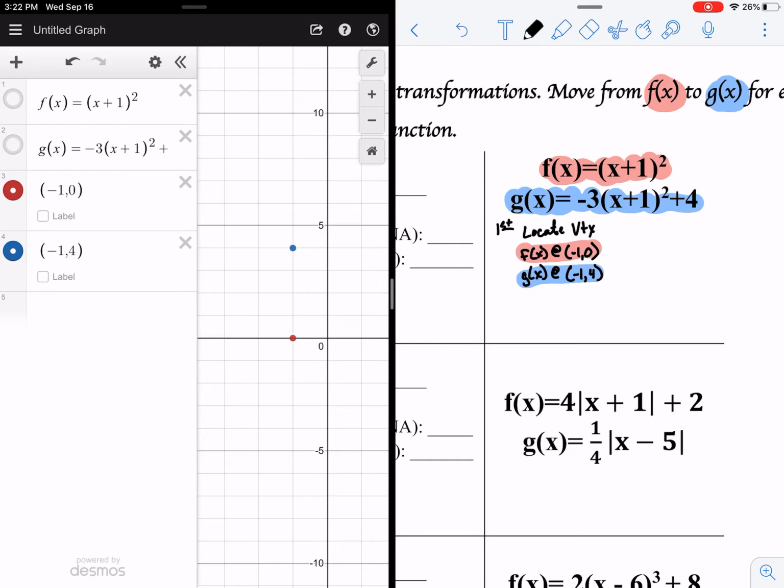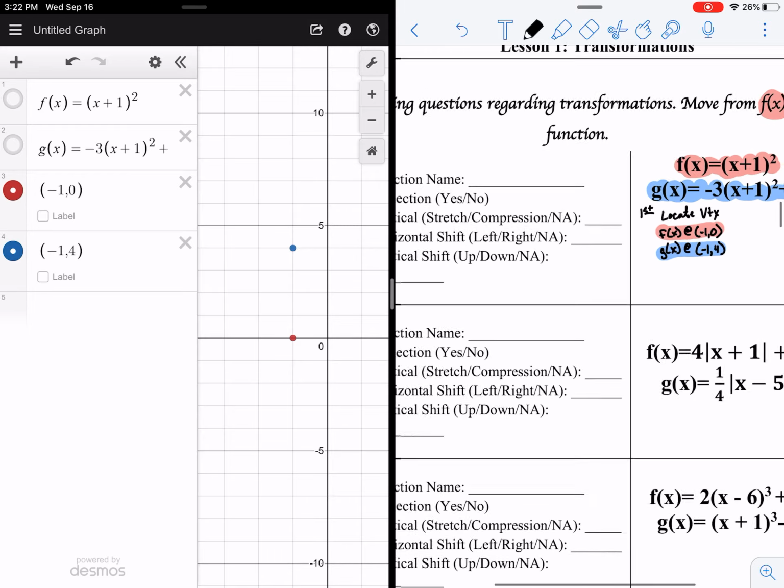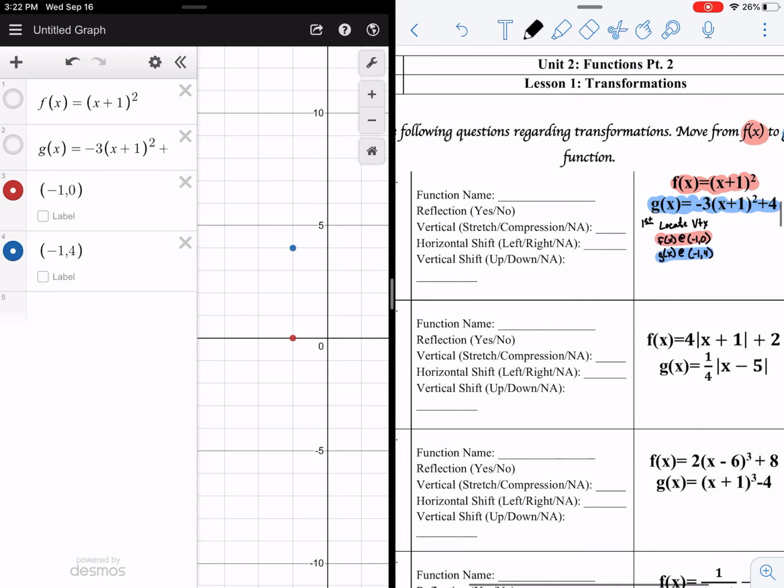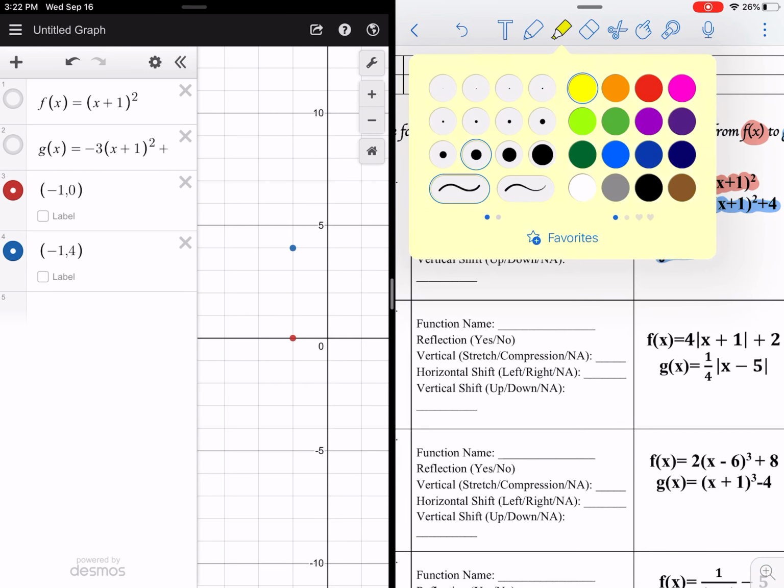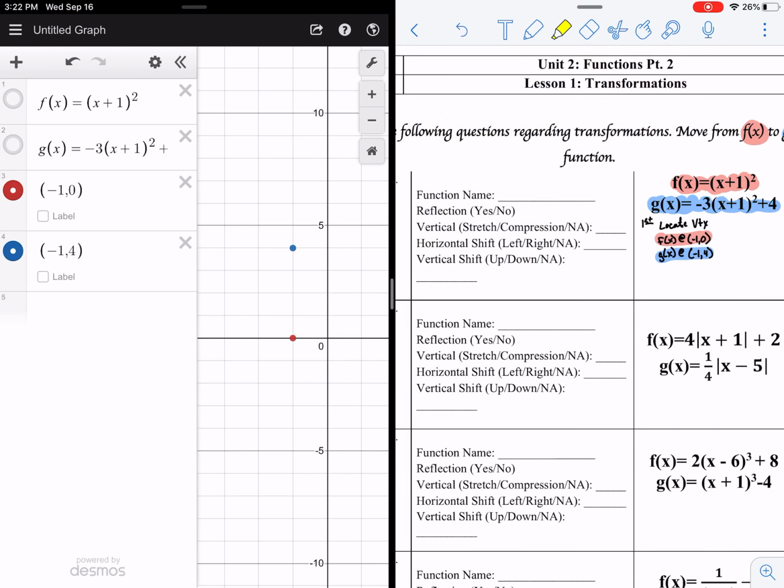So I don't go left, I don't go right. So horizontal shift did not occur, or NA. Then again, red to blue, I went up. How many did I go up? Well, 1, 2, 3, 4. I'm scaling by 1. So I went up 4. Okay. Once I do that,